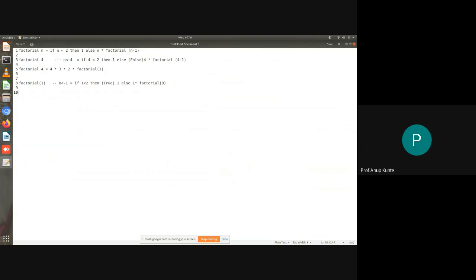So I will be saying factorial of 1 is evaluated as 1, and there is nothing more to evaluate after this. So I will say factorial 1 is 1, and I will put this value of factorial 1 in line 5 above. So what we have is factorial 4 is equal to